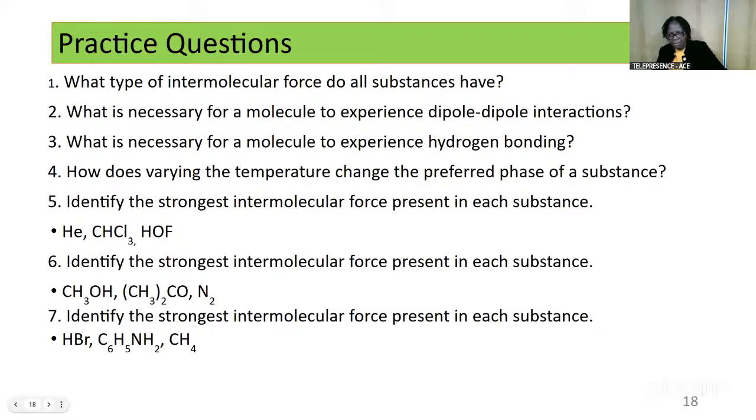The general thing is that electrons are present in molecules, and that means you have London dispersion forces present in all substances. And in water, you also have hydrogen bonding. So you will not say you have dipole-dipole attraction and then you also have hydrogen bonding in water. No, it is going to be 2, because hydrogen bonding is a type of dipole-dipole attractive force. I hope that is clear.